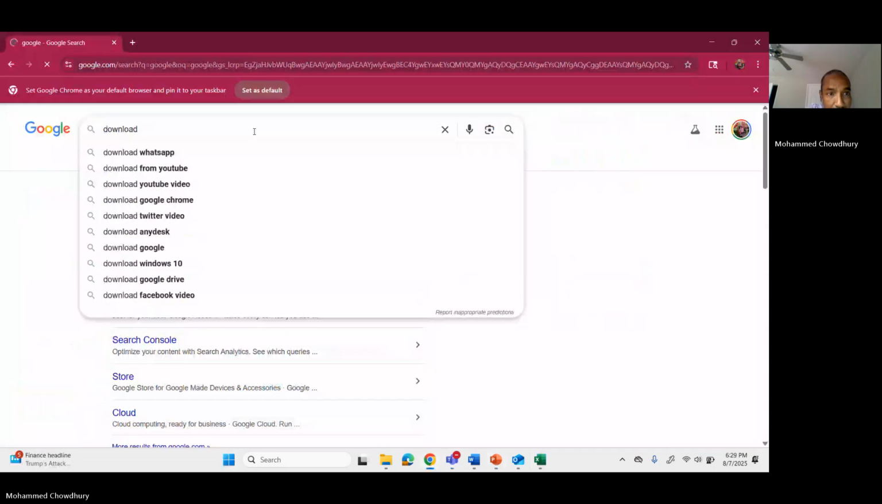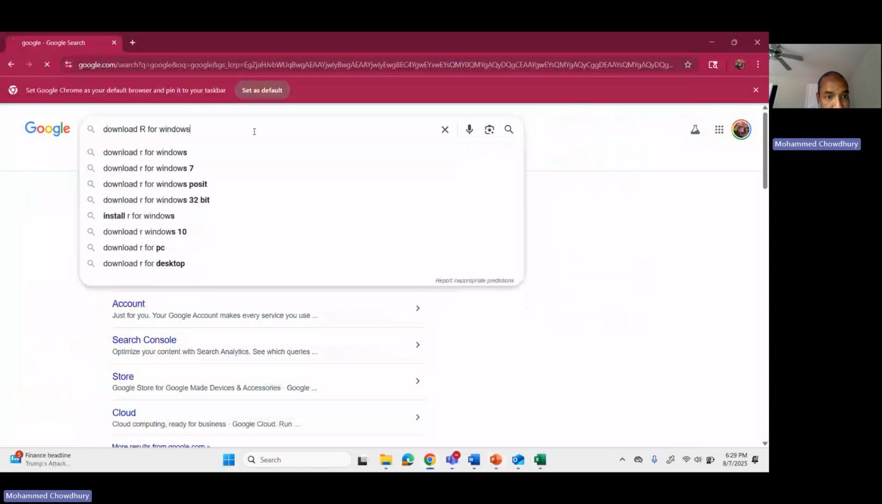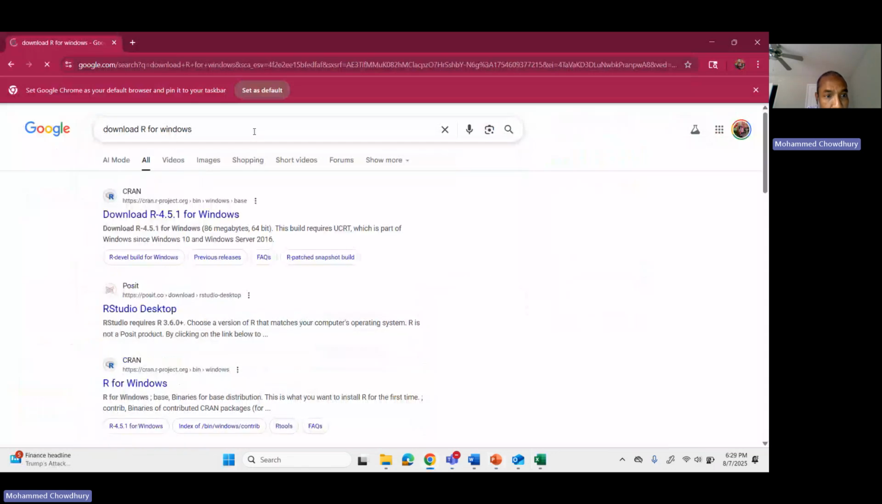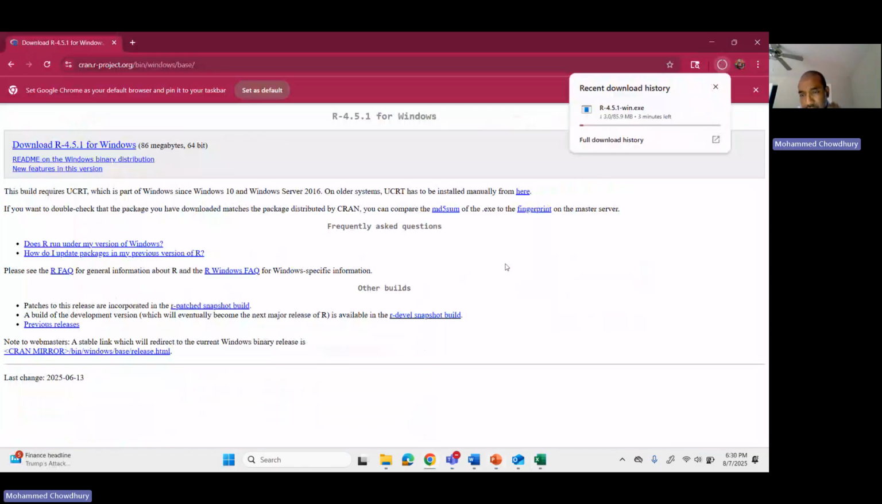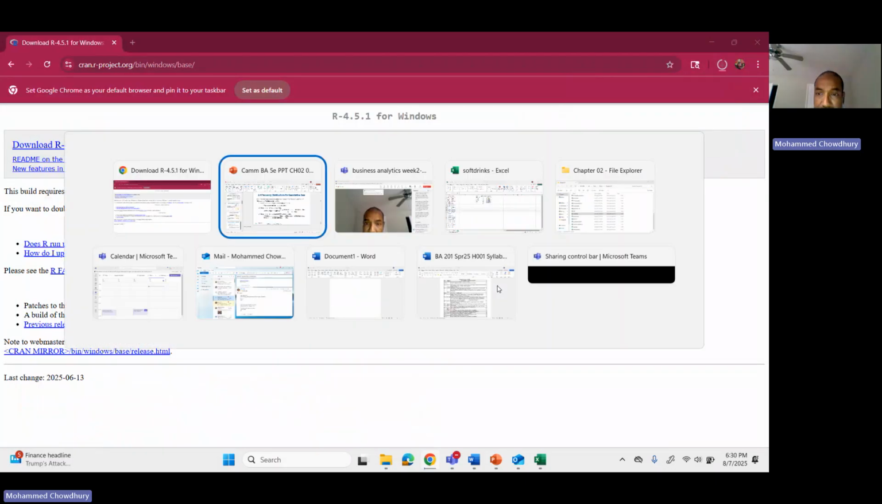Download R for Windows. And then download R for Windows is going on. I click on there, and now it will be installed. Yeah, 3 minutes left, but as it is getting installed, let me move forward with how the frequency distributions